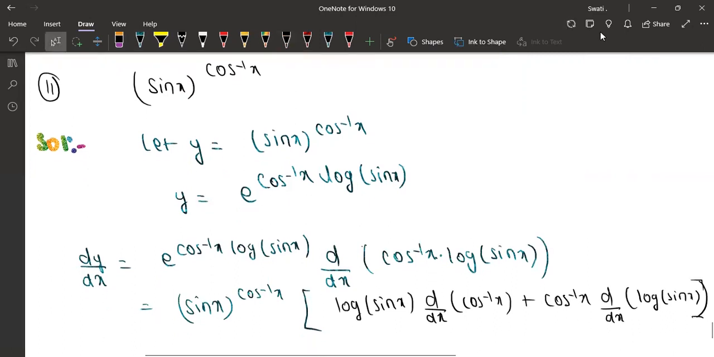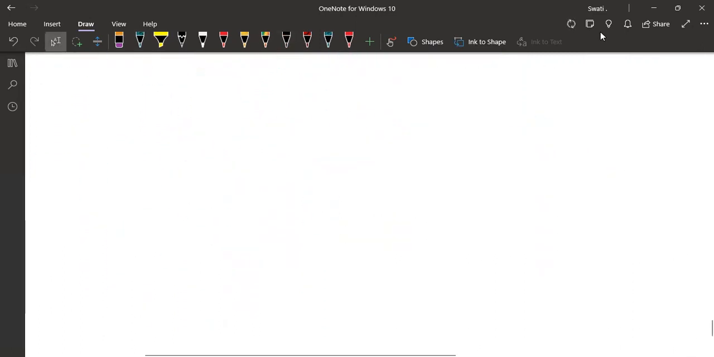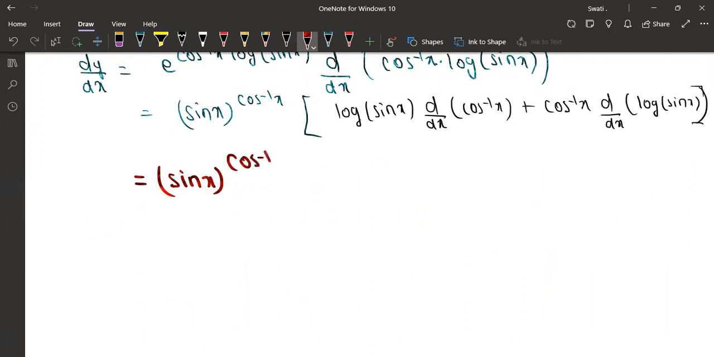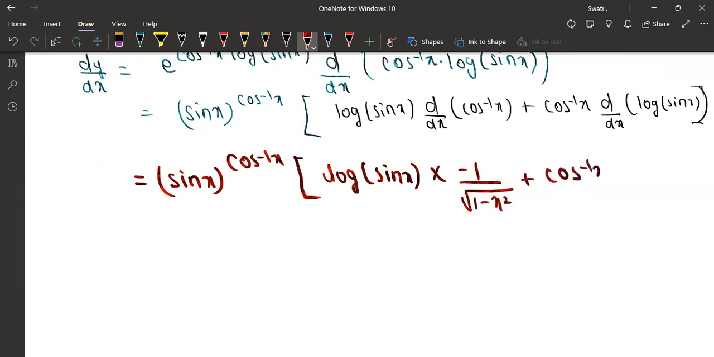Yes. So now we can go to the next step. So it will simply become, we can just write down this as sin x raised to cos inverse x. And then in bracket, we are having log sin x as it is. Derivative of cos inverse x will become, by using the formula, -1 over root 1 minus x squared plus cos inverse x as it is, and derivative of log x is 1 over x, that is 1 by sin x,